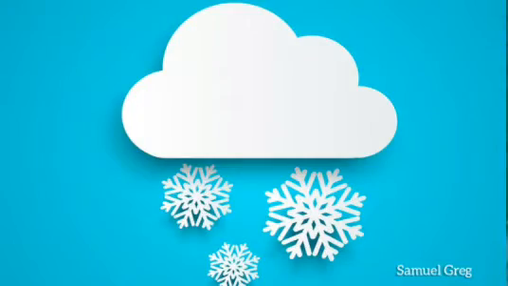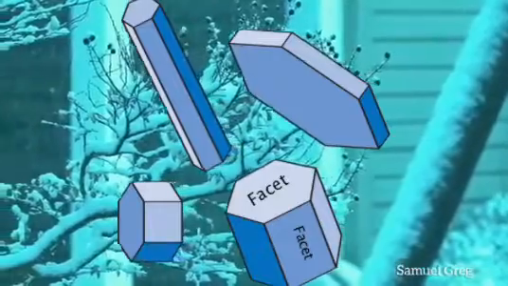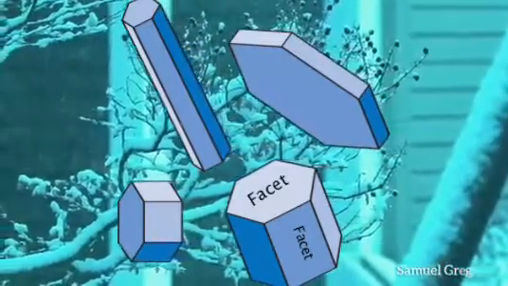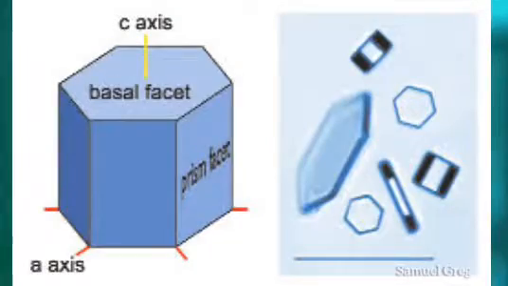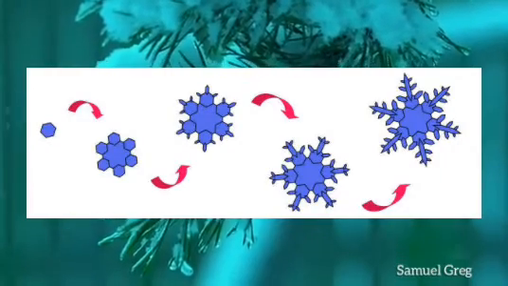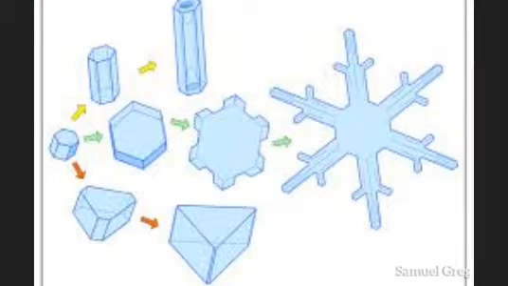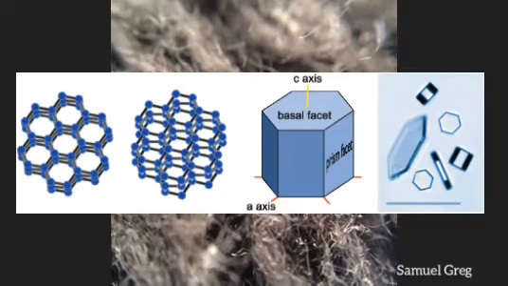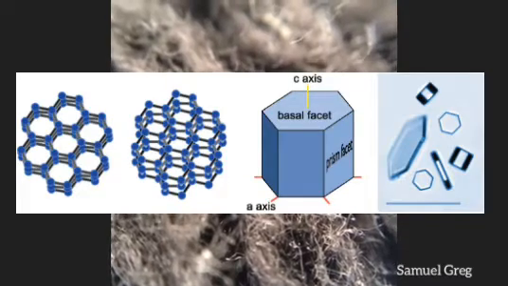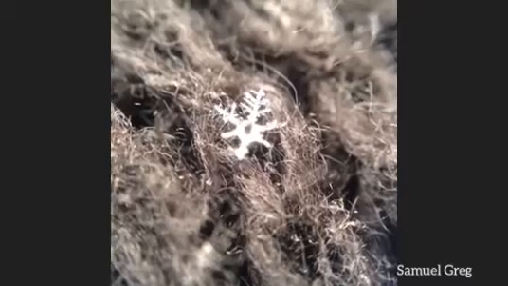The first way is to form what is called facets. A facet is essentially a flat face on a 3D shape like a prism. They form naturally when a crystal grows. In an ice crystal, the shape they take mirrors the shape of the molecules forming the crystal. The crystal structure of frozen ice is a six-sided shape. Therefore, an icy facet is six-sided as well. That is where the symmetry in a snowflake comes from.